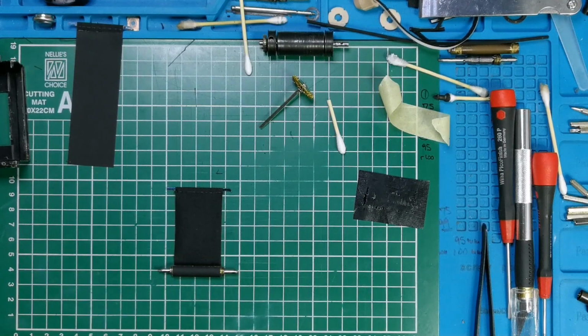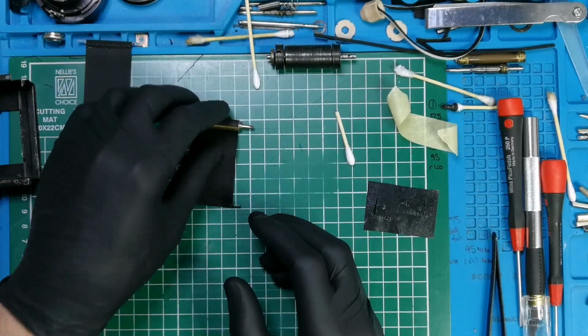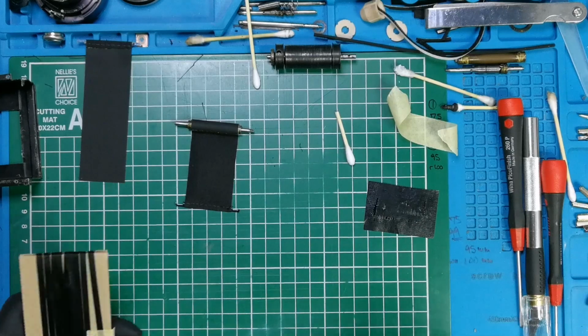Ribbons next, after a short break. All right, back for the ribbons. So I've got ribbon material here, and